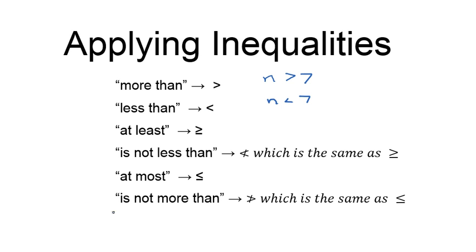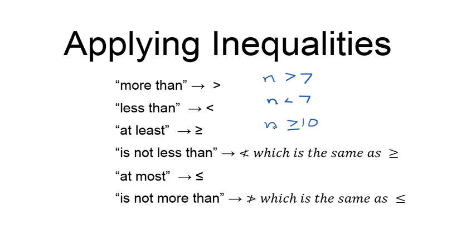Now let's look at these 4 because they seem to be a little bit troublesome to students at times. So when I see at least, so if I'm thinking of a number and it's at least 10, that means it could be 10 or it could be greater than 10. So I would say my number is greater than 10 or it could equal 10, so we put the bar